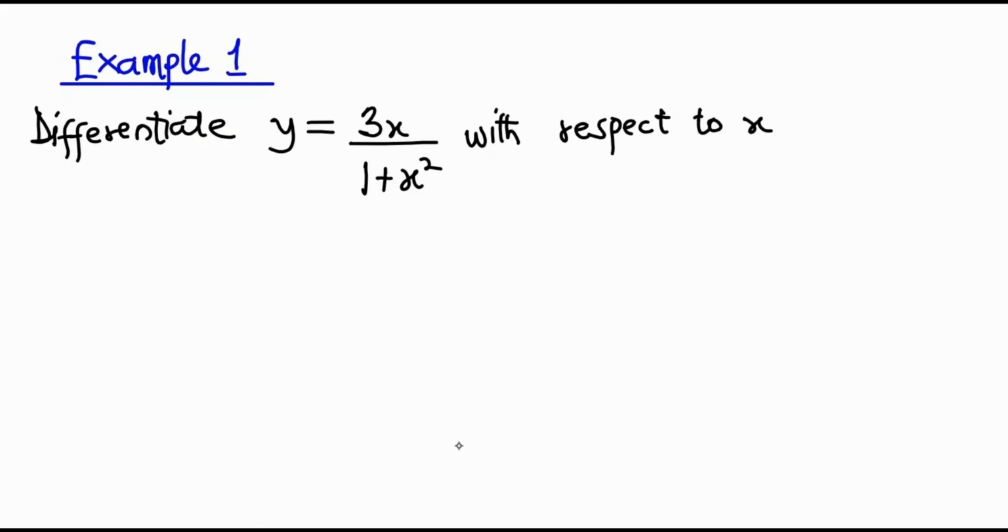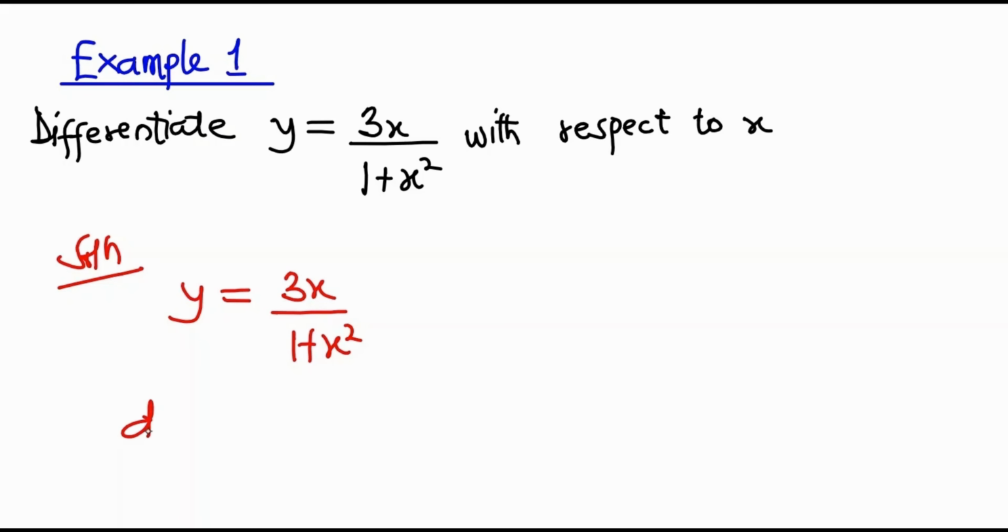So example 1 says that we should differentiate y is equal to 3x divided by 1 plus x squared with respect to x. Looking at the function, we can see that these are two functions being divided, and so to differentiate we apply the quotient rule. So we have our solution here, and the function is y is equal to 3x divided by 1 plus x squared. Since we are going to apply the quotient rule, we write it: